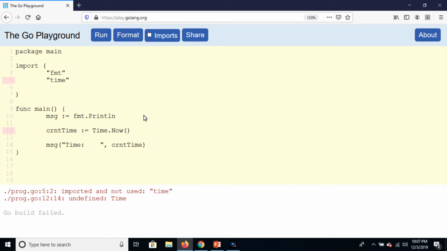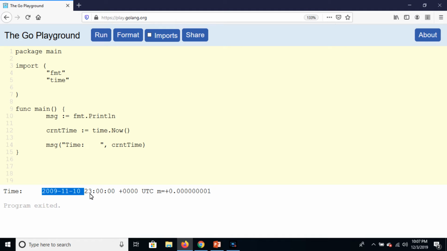Run the program. Small t, because here is also small t, and here is the result